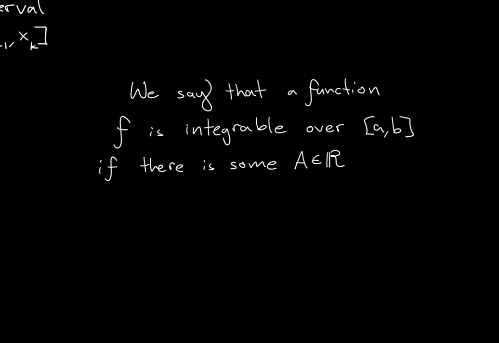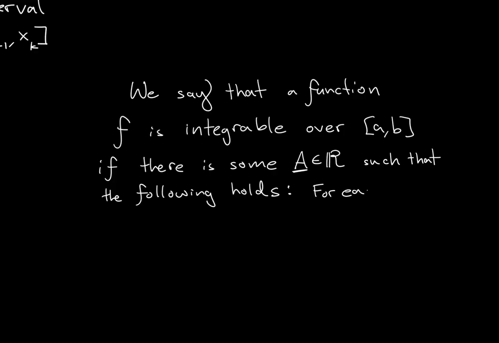This is the same as the capital L in our limit definition, such that the following holds. So here's this A, by the way, is the area. So we want to think about that as area, such that the following holds for each small number, epsilon bigger than 0, there is some corresponding small number, delta bigger than 0, such that